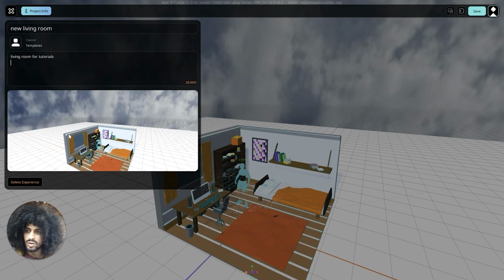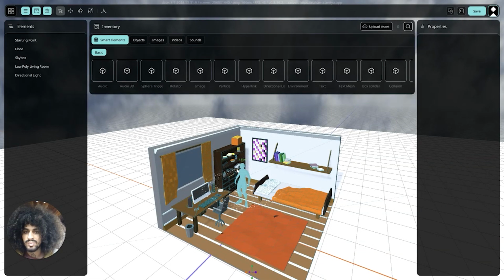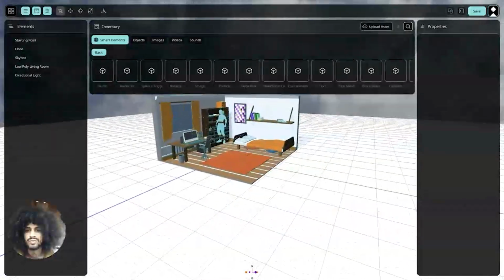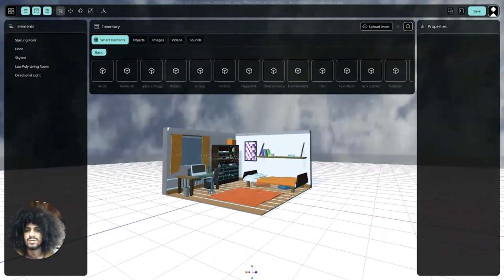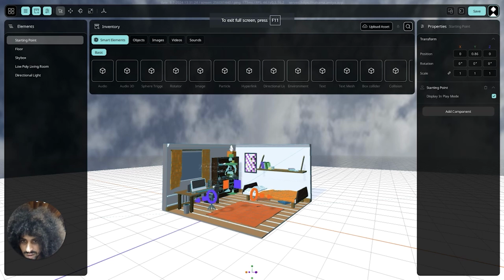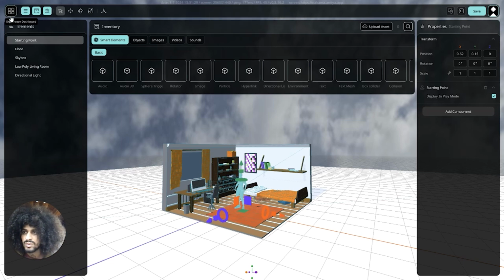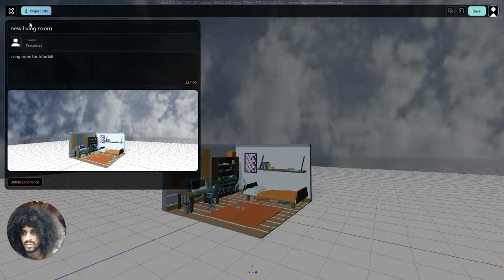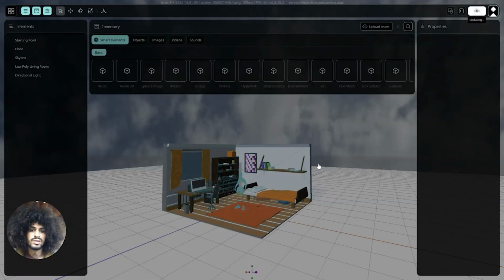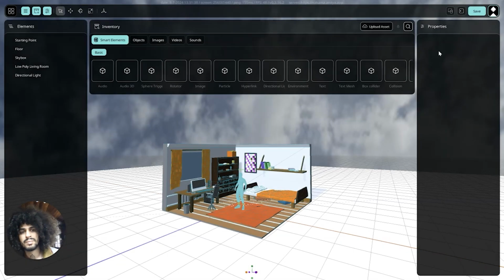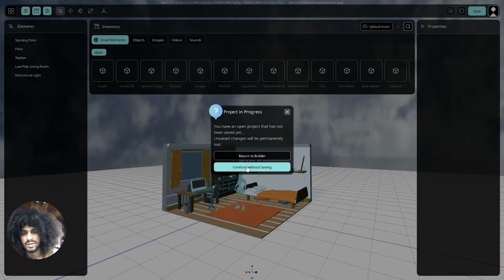The thumbnail of your world is the last place where you put your camera before saving. It's the last position of your camera. So if I put my camera around here, let me decrease the height of this starting point a little bit. If I have my camera in here, this is going to be my thumbnail. Then it's good for me. I can save it again, and I'm going to jump into this world. It asks me to save, but I already saved it, so I'm not saving again.